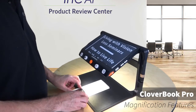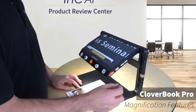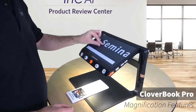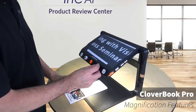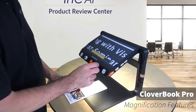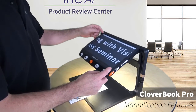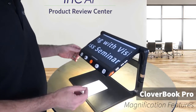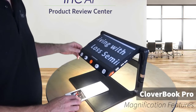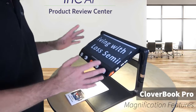I can put my material under there and turn the wheel and magnify. I also have the option to pinch and zoom if I like touchscreen controls. I have those options. I'm kind of old school. I like a good old traditional wheel. You have that control. I'm not sure how well this shows up in the video, but you have a nice 12.5-inch full HD screen. You actually have a 4K camera, so you have a really nice clear image for your live magnification. You don't have a lot of ghosting. It's just a real nice